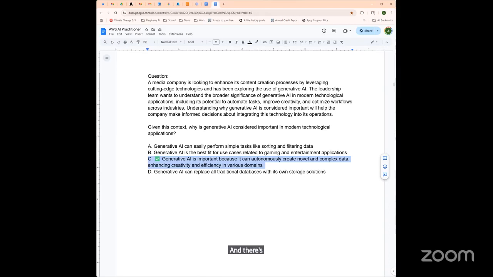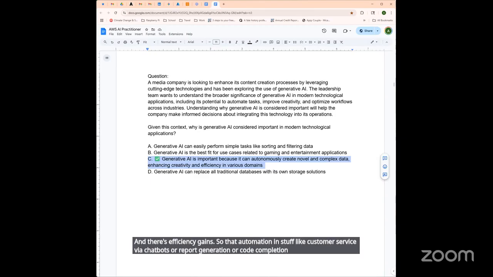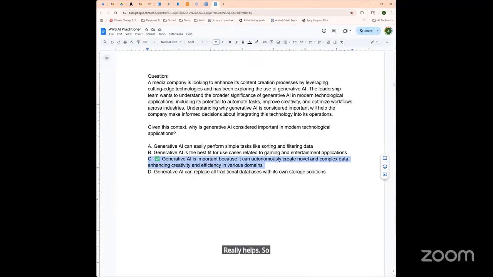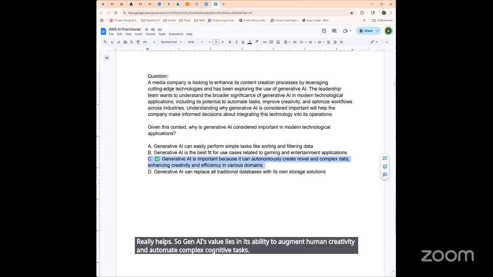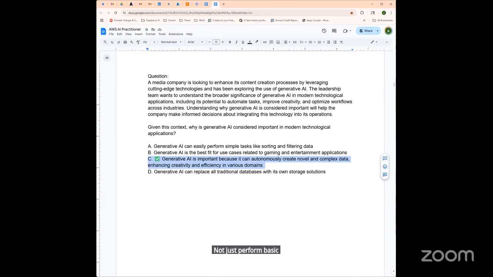And there's efficiency gains. So that automation in stuff like customer service via chatbots or report generation or code completion really helps. So Gen AI's value lies in its ability to augment human creativity and automate complex cognitive tasks, not just perform basic actions. Okay, so why are the other answers incorrect?